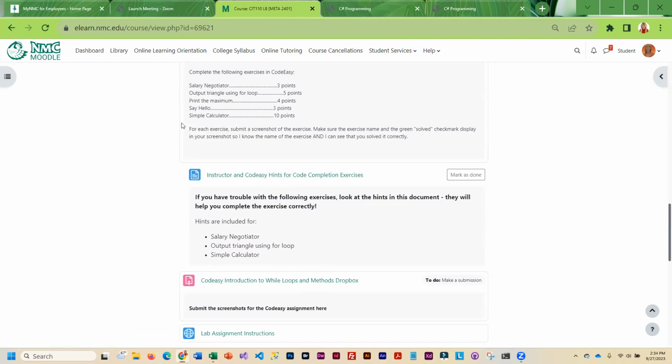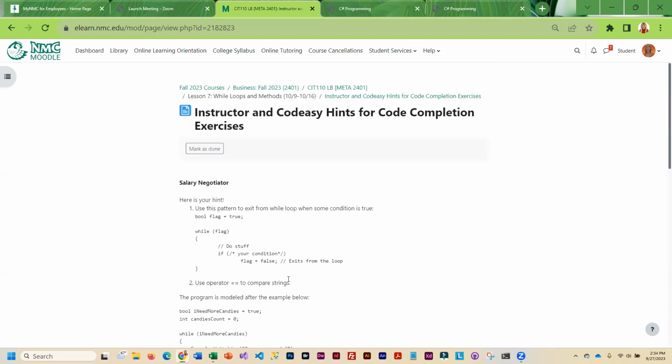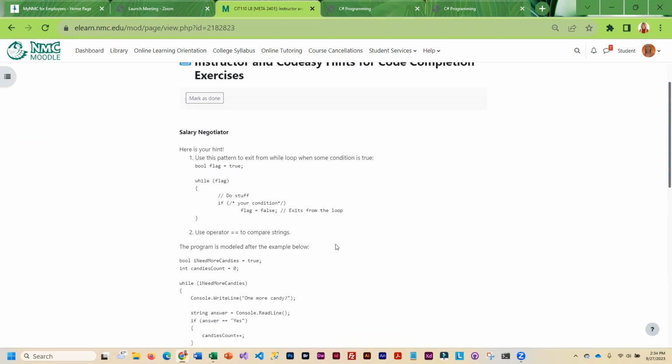So the salary negotiator, output triangle using for loop, and simple calculator, I thought you may have some trouble with those, so I did provide some helpful hints. You should definitely take a look at these before you attempt those Code Easy exercises, because I think they will eliminate some frustration that you may have trying to solve some of those exercises.